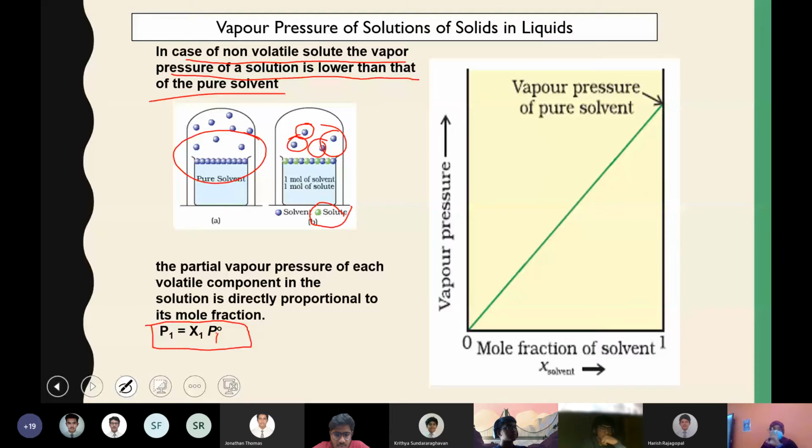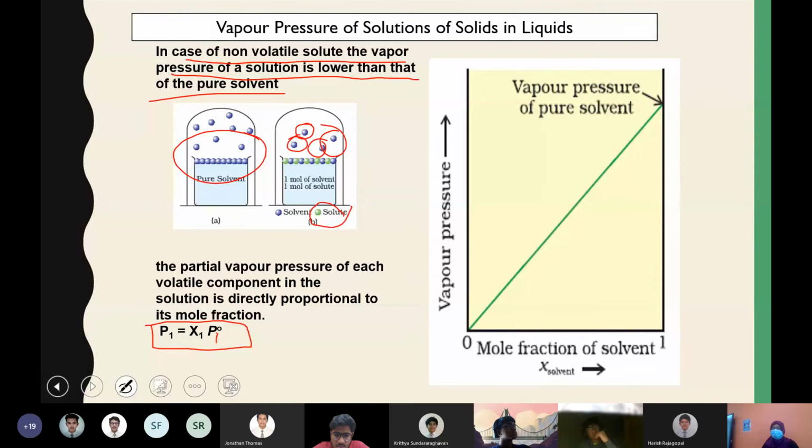We will be discussing 3 different cases in vapor pressure. First is pure solvent. Second is liquid solutions, where both are volatile and 2 liquids are mixed together, just like alcohol and water. And this is the third case, where a solvent plus a non-volatile solute in solid state, like how you add NaCl to water. That's what you can take as a common example, because NaCl is a non-volatile substance. So you can add NaCl to the water and it will become a salt solution.